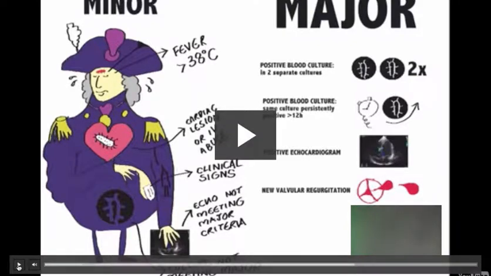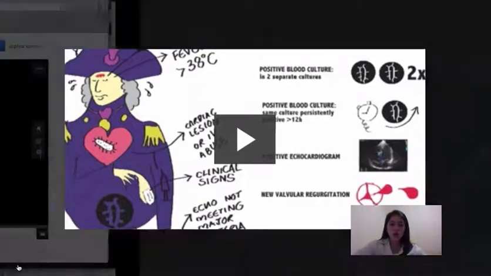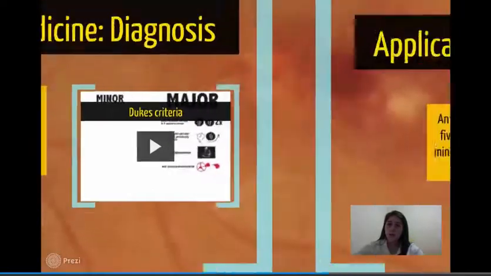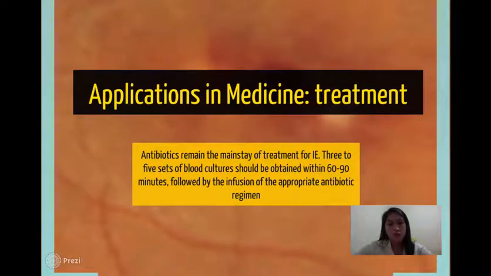So for the minor criteria, we have fever that's over 38 degrees, cardiac lesions or IV drug abuse, clinical signs, and echo findings not meeting major criteria, and also cultures not meeting the major criteria. So those are the major and minor criteria. If we continue, we're going to talk about the treatment, which relies on antibiotics, which remain